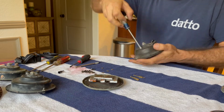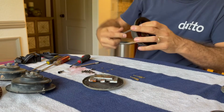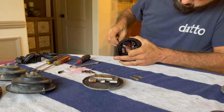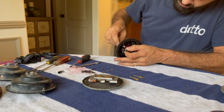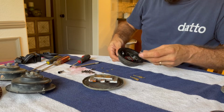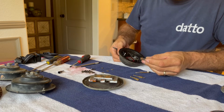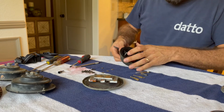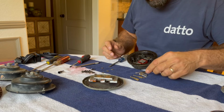Ah, much better. I don't know if you can see, but yeah, we're getting good purchase now. So we'll just spin that on out of there. There's a little bit of maybe even corrosion. Not really so much corrosion, but just this white flaky material that sometimes you'll find on battery post terminals and stuff that isn't exactly corrosion. Got a little bit of rust on this spring and a little bit on that screw, so I'll put those in